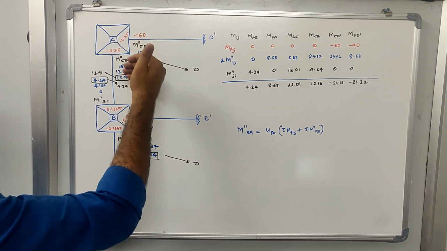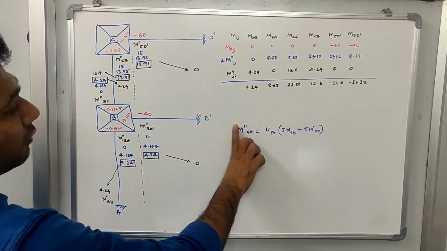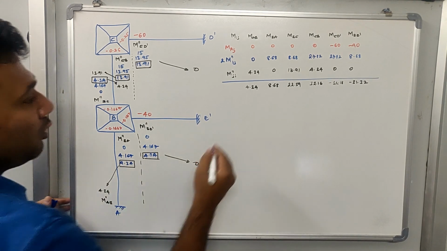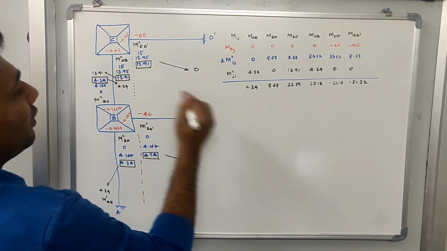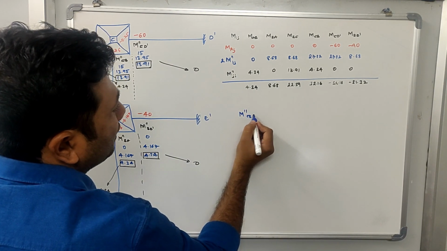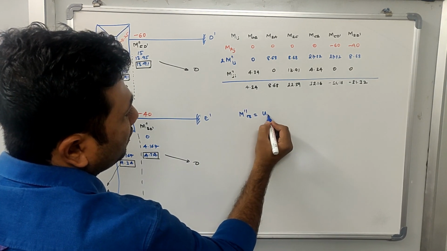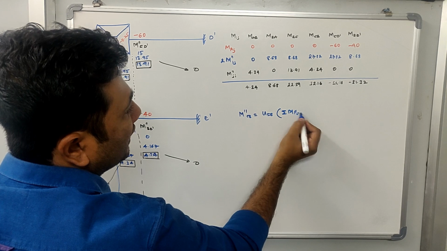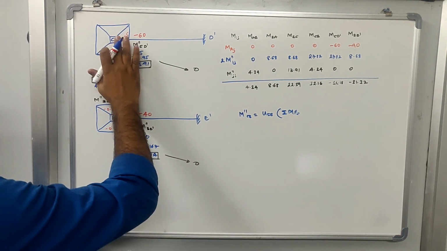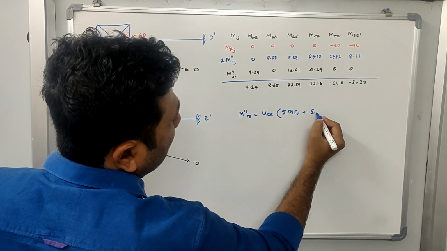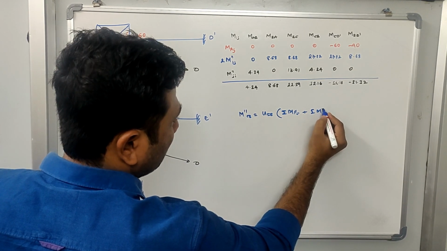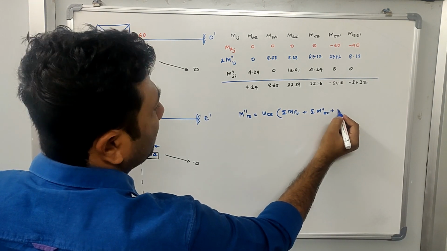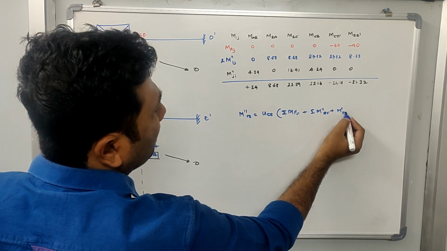So if I start from here, I have to go for the equation of rotation moment. What is the equation for rotation moment? I hope you all remember. Assume that I am calculating M double dash CB. This will be equal to UCB, the rotation factor for CB, multiplied by the summation of MFC, the summation of all the fixed end moments at joint C, plus the summation of far end rotation moments, which may be M double dash BC plus M double dash DC.